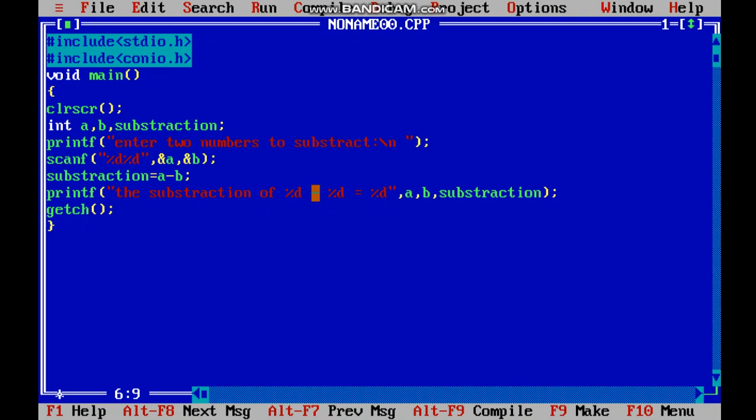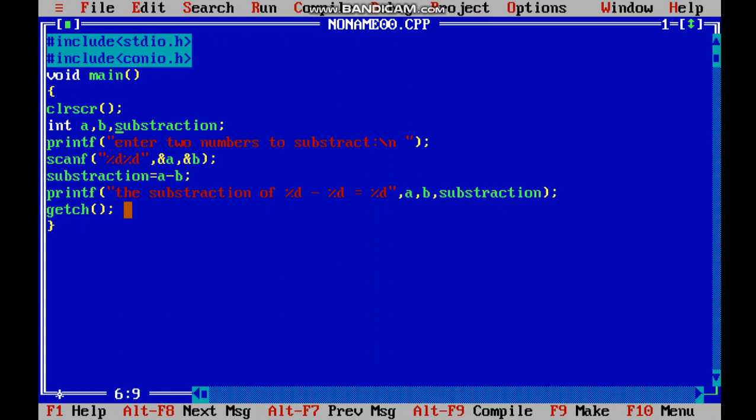If I tell you 10 minus 7, that is 3, so it is very clear that 10 minus 7 equals 3. So in the first percent d we inserted a, whatever value we are going to input, now b, and then equal to the subtraction value we will get, and getch is for holding the result.